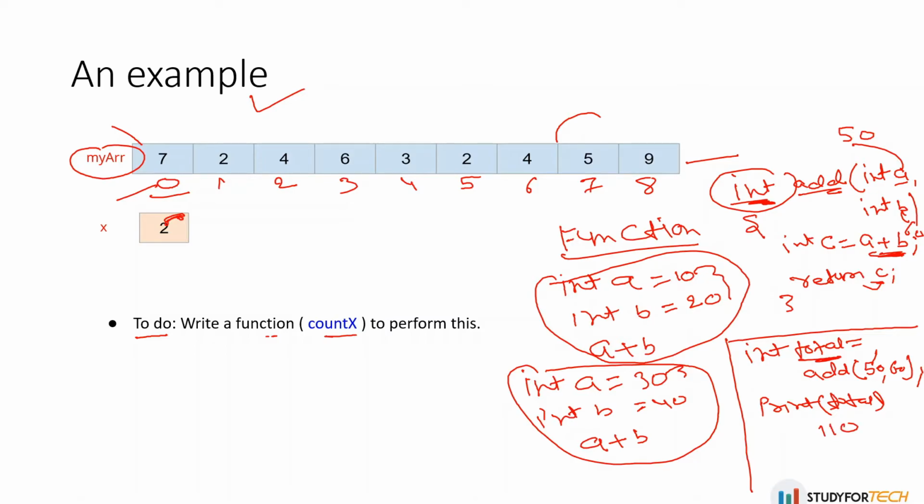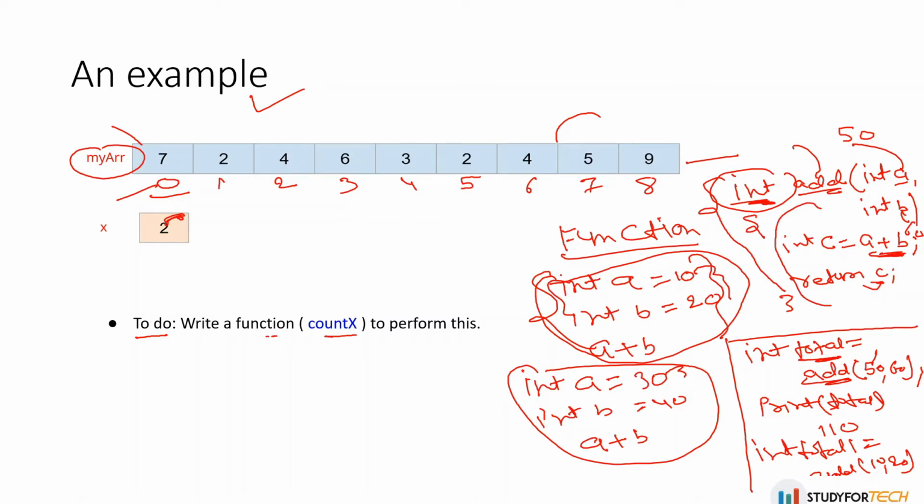Similarly, if you want to add another two numbers, you can do similar things. Total1 equal to add 10, 20, and this will give you the result. So you can see here I have written this code one time and I am reusing this particular function multiple times rather than writing the same code multiple times. Here you are just calling the function, not writing this code. This is written inside this function one time and called multiple times. So this is the concept of function.